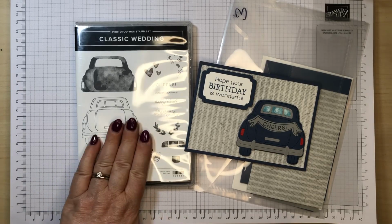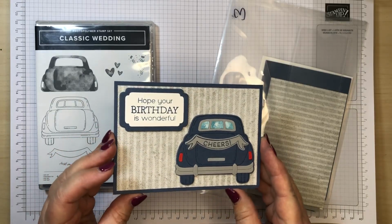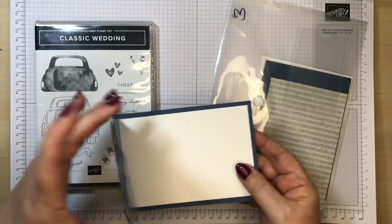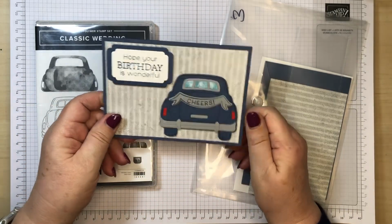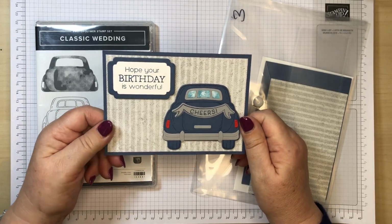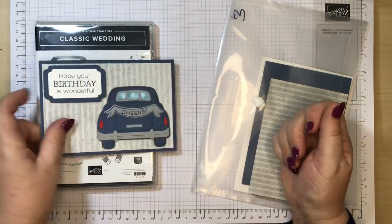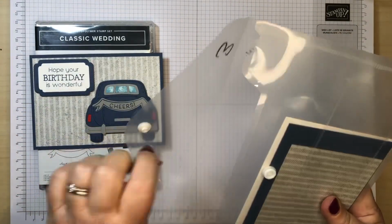So, classic wedding, and as promised this week it's not a wedding card, it's a birthday card. I thought it'd be quite a good male birthday card, because male birthday cards can be a bit awkward to make. So let's get started. In your kit you will have